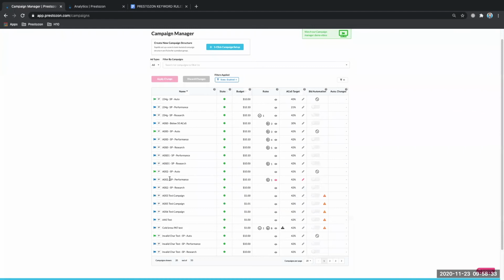Some people don't like negating search terms. They want to just lower bid when they have a poor performer. And so this positive keyword creation on negative keyword rules is going to allow you to partition poor performing search terms into a poor performer campaign, and then see if you can rehabilitate that. So just a little sneak preview that that's something that we're also working on, but a little separate from